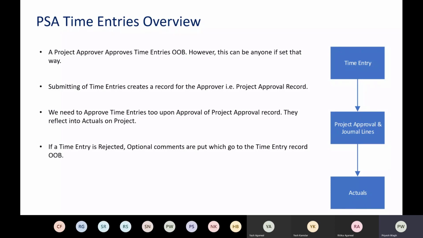There is a project manager on each project who is designated to be handling the approvals of the time entries. If he thinks everything looks good, he can just press a button and approve, which I will show you in Dynamics as well, post this slide. Once he approves that, that particular time entry is actually accounted into the project. If he rejects, he would have the option to place some comments on why the project manager rejected certain time entries, right?